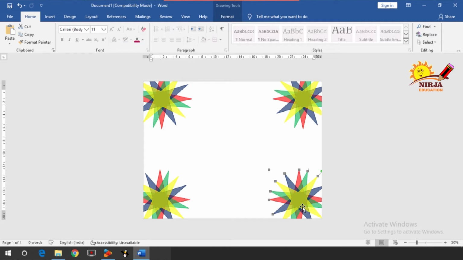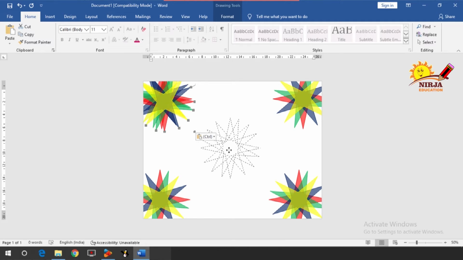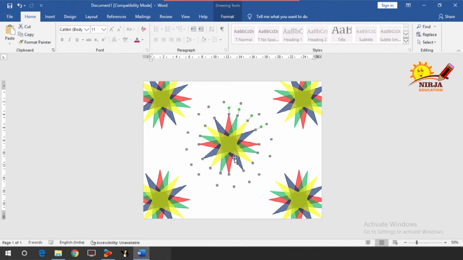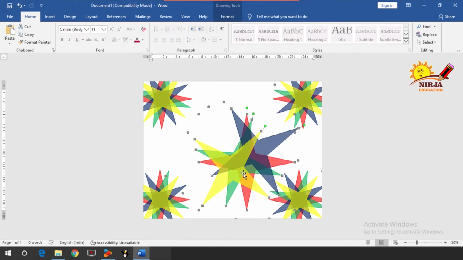Right? Now get it again. So press Ctrl plus V. I am going to place it at the center. Now I am going to increase the size of these shapes. So what we are going to do, press the shift key and click on any of the side buttons and then drag it. If you drag it, you will see that the shapes have changed position. So we are going to get back into that.